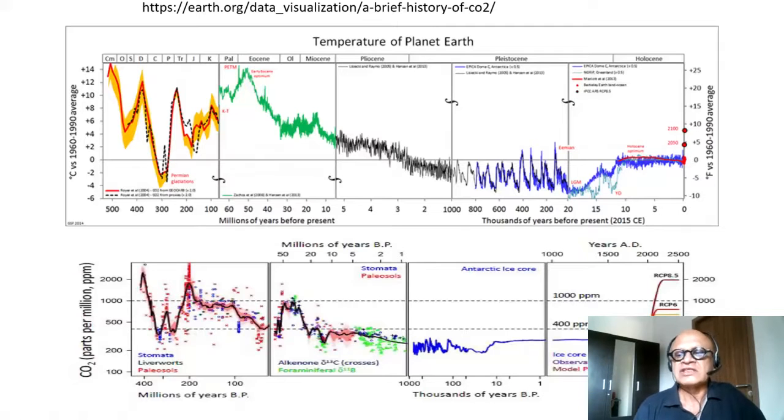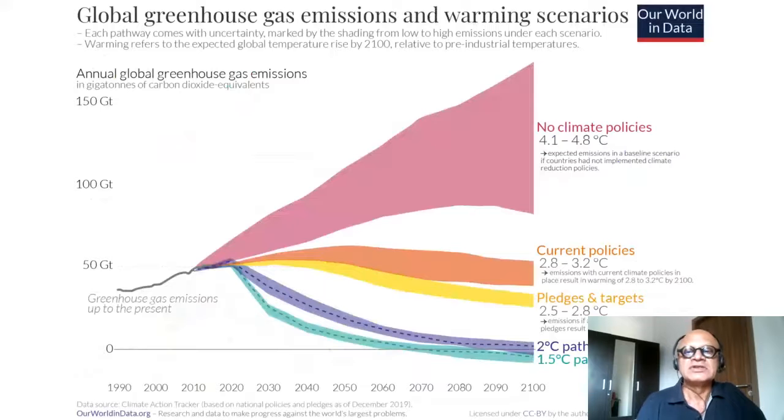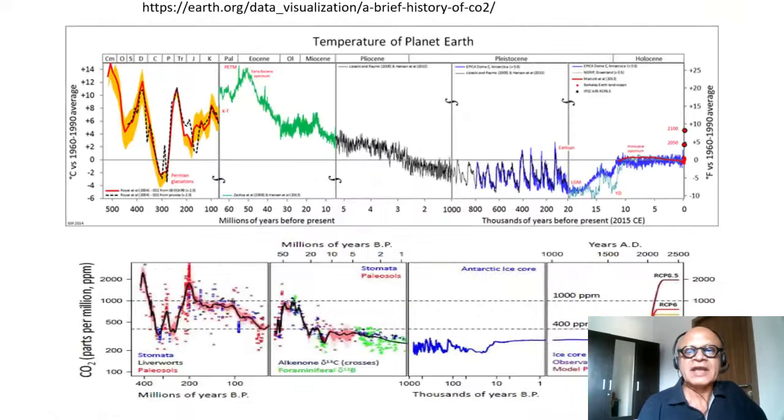They have been very closely tied with each other, and we are heading into the future now, which is what we are worried about. By 2100, how much warming will we reach, and what are the scenarios of CO2 emissions which will make this happen? So this is another way to look at it. If we start here in about 2010, if we do nothing, no climate policies, then this is the range of warming we would get by 2100, 4.1 to 4.8 degrees centigrade, which would get us way back into somewhere here.